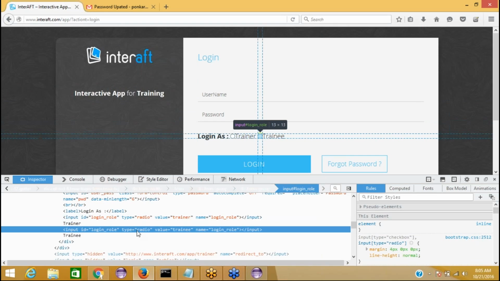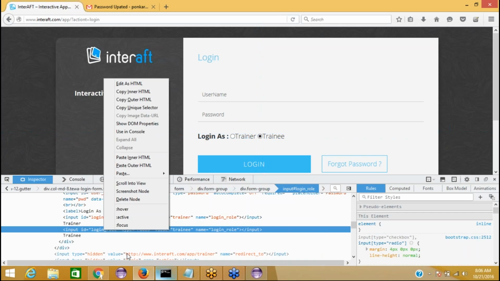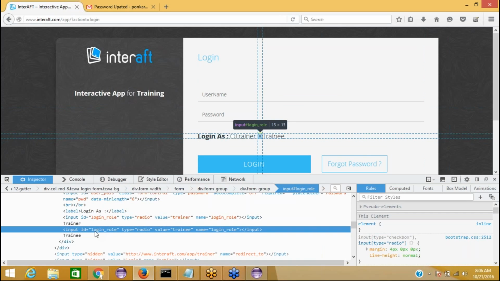Okay, now you can see the type is radio, meaning the value can be toggled between these two values, right? So I see input type is the particular type of this radio button. Okay, now I will use login role. So I will find this element by ID and I will say login role,